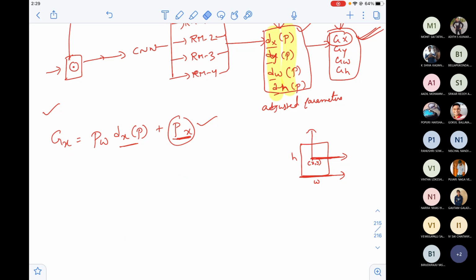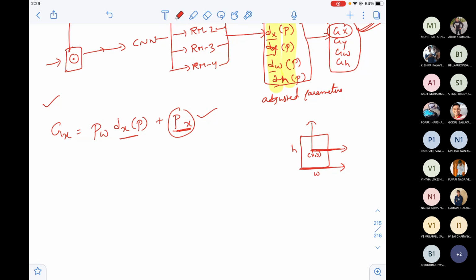Once you understood this, the remaining equations will be very simple to you. Gy will be equal to dy of p. Let me start like this: you take the proposed y from this small box which I started giving to the CNN. If x is wrong, y also could possibly be wrong, so I need to adjust that y in such a way that it is very close to the annotated y.